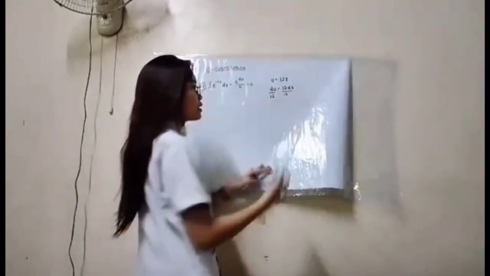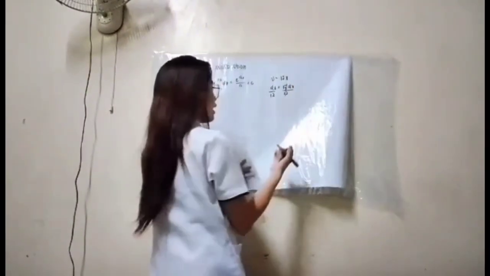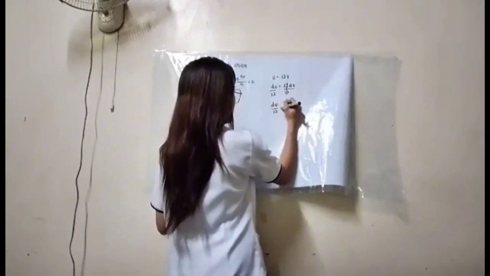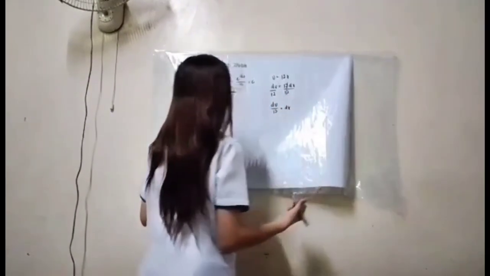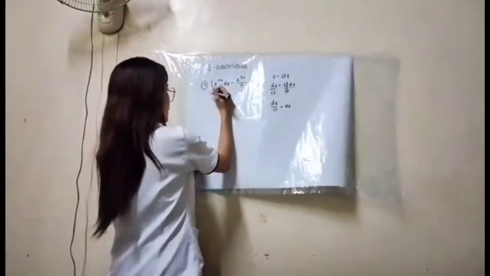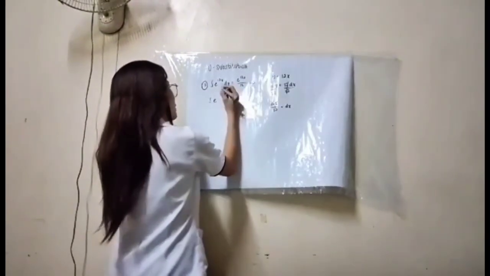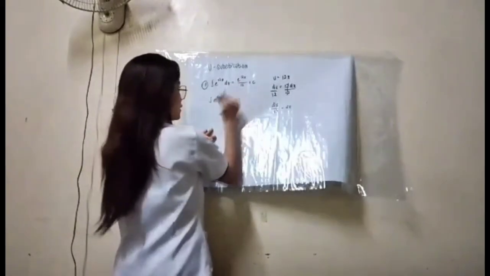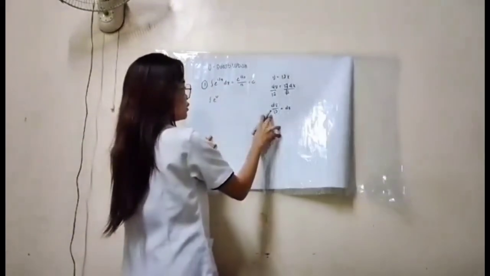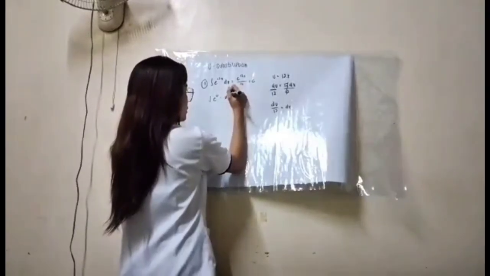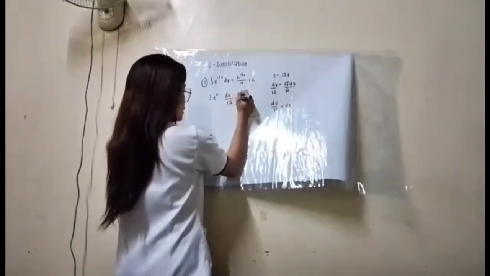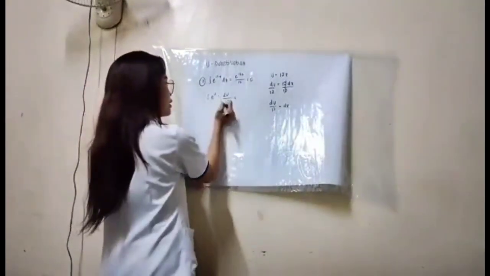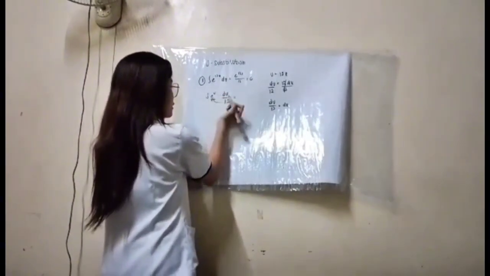So what will happen? This 12 will be cancelled, and the only remaining will be the differential of u over 12, over 1 dx. Now what's going to happen is that in the integral of e to the u times dx, we're going to replace this dx with du over 12. Next step, we're going to put this 12 in front.